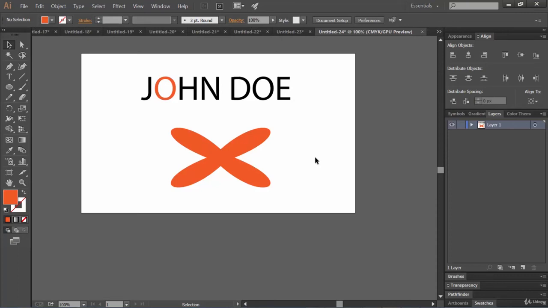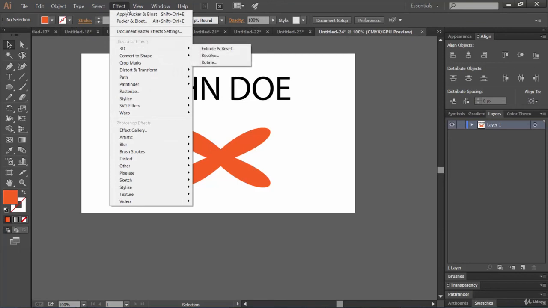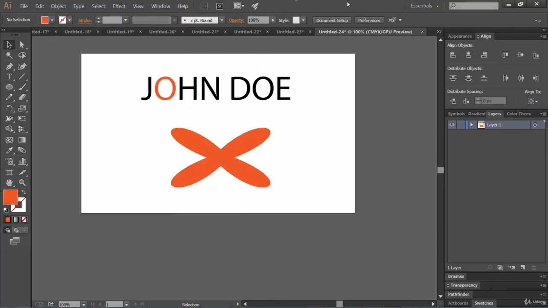Also this 3D option is there, right? Yep, it is inside effect only, so it's covering 3D also. So expand for text and expand appearance for those objects where you have applied any effect. Okay, so that's it. I thought to include it because it might be helpful to you.